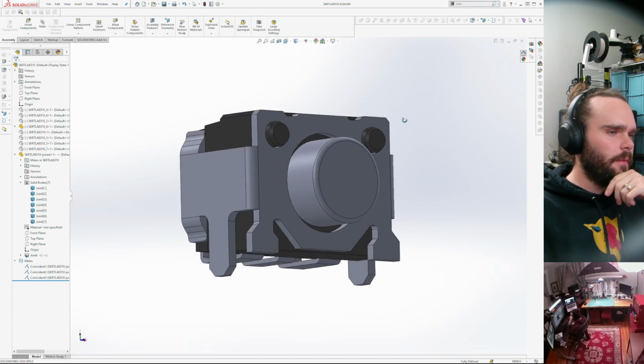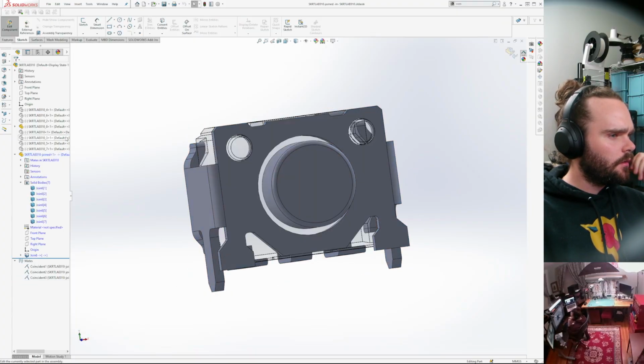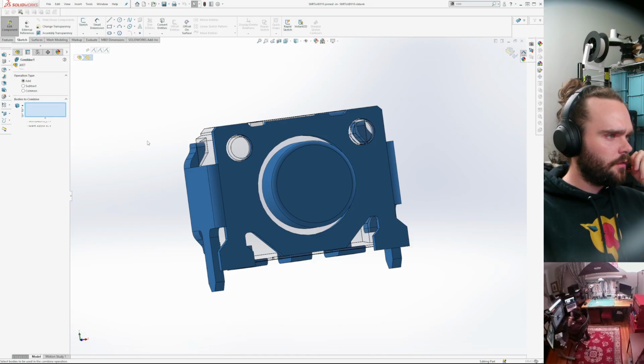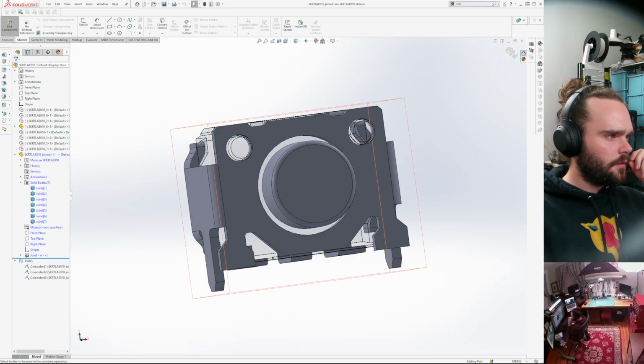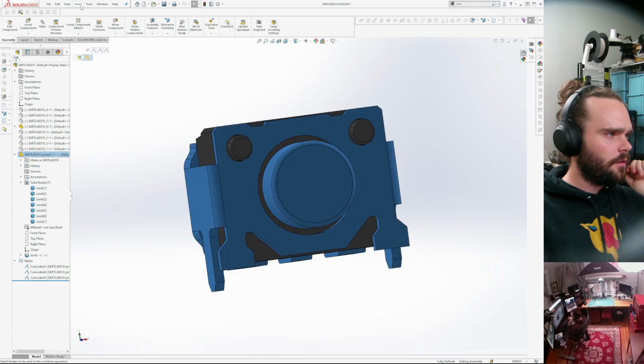Okay, how am I gonna do this? So if we do insert features... Let's do insert. Okay, let's edit this.